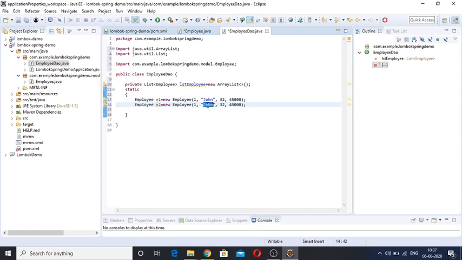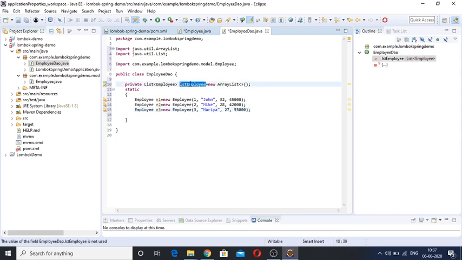E2, I'll take it as Mike, age 28. Then Maria, I kept ID 1, I need to change it to 3, age is 27 and salary is 55.